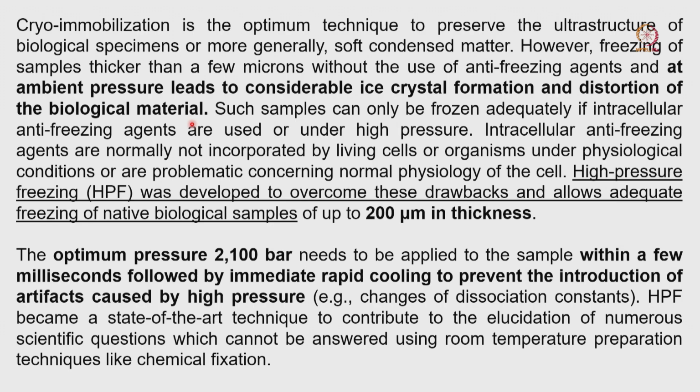When the process is slow, different kinds of crystalline ice form inside, which may be hexagonal or cubic crystals. If there is crystalline ice all over, it will hit the cell organelles, such as the mitochondria and mitochondrial membrane, the Golgi, or the endoplasmic reticulum, and damage them. So if we try to image that sample, we cannot get a proper image because of the ice crystal formation inside the cell, caused by the very slow freezing.